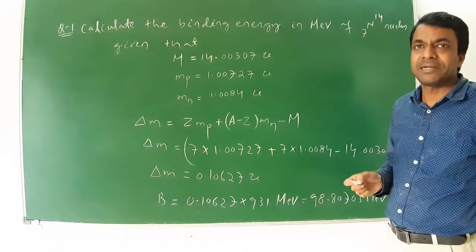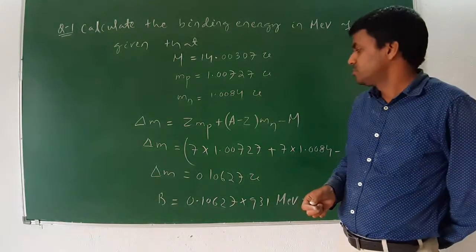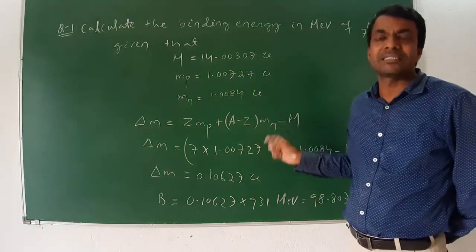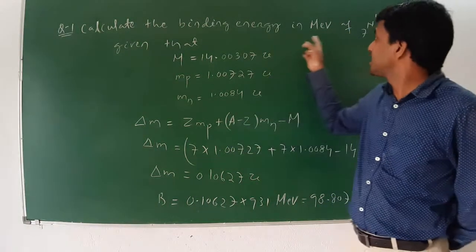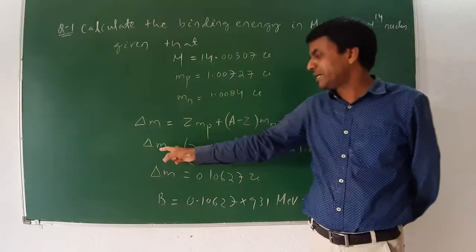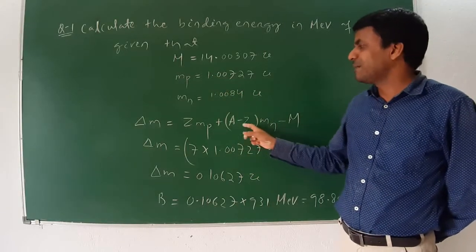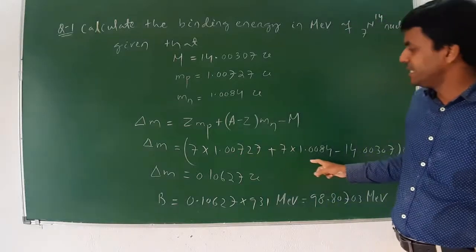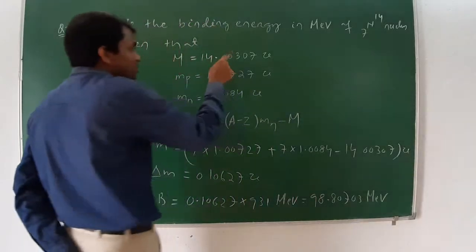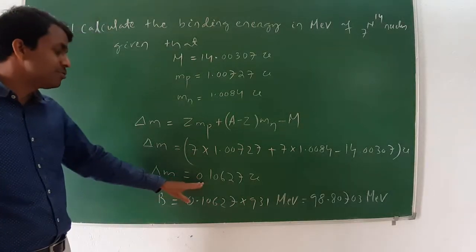Then what is its mass defect? Delta M is equal to Z Mp plus (A minus Z) Mn minus capital M. Z, how much is Z? It is 7. What is the value of A minus Z? Also 14 minus 7, which is 7. Now delta M is equal to 7 times Mp, 1.00727, plus (A minus Z), meaning 7 times 1.0084, minus capital M, meaning 14.00307, in total atomic mass units. That can be calculated. Delta M is equal to